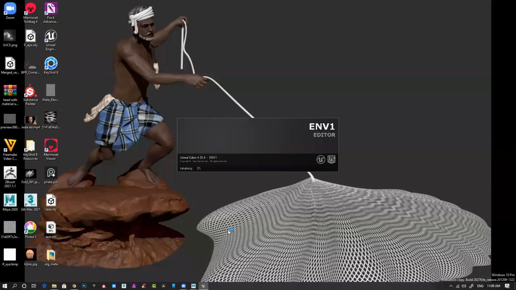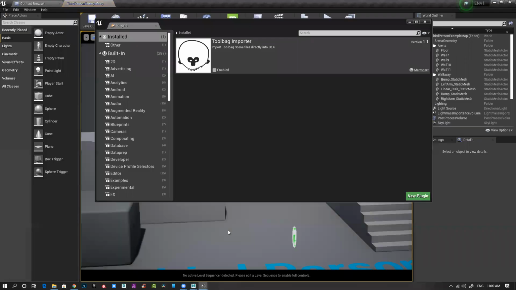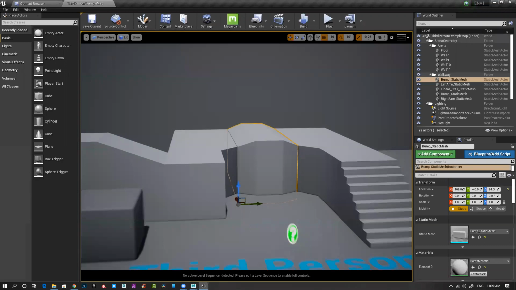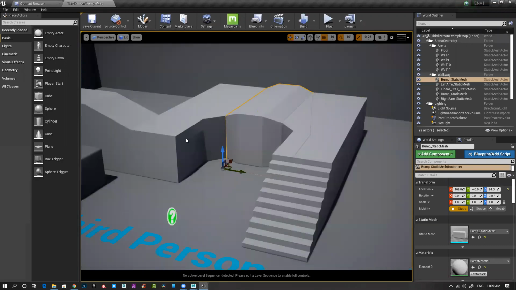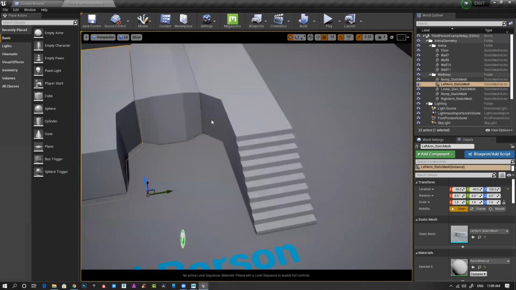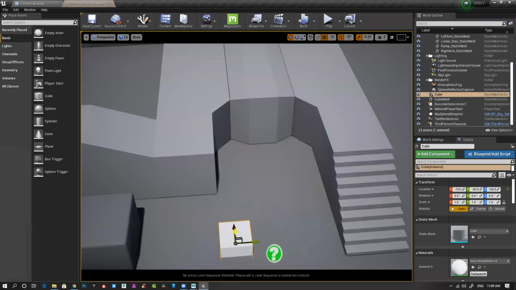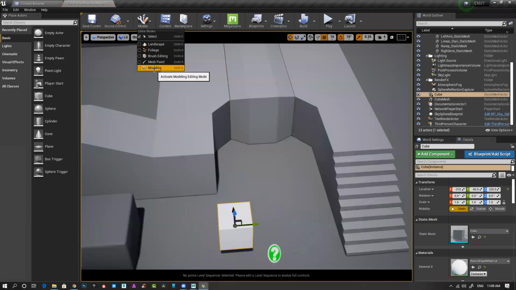It will restart your engine, and now you will see that the modeling toolkit will be there, because it's not loaded. You have to load it. So you see now you have this modeling option. Previously it wasn't there. Go to modeling.